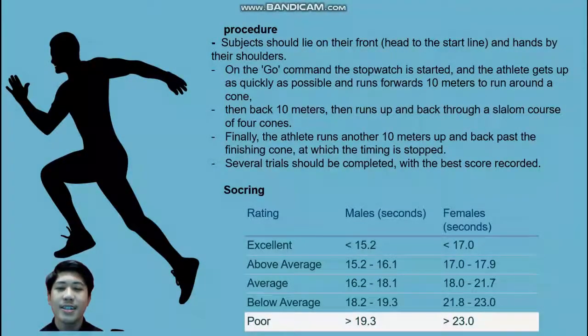Procedure of Illinois test is subject should lie on their front, head to the start line and hands by their shoulder. On the go command the stopwatch is started, and the athlete gets up as quickly as possible and runs forward 10 meters to run around a cone. Then back 10 meters, turns, run up and back